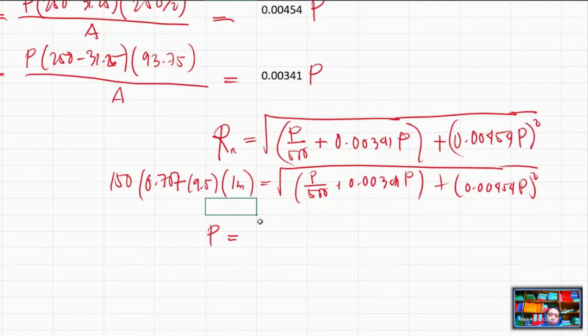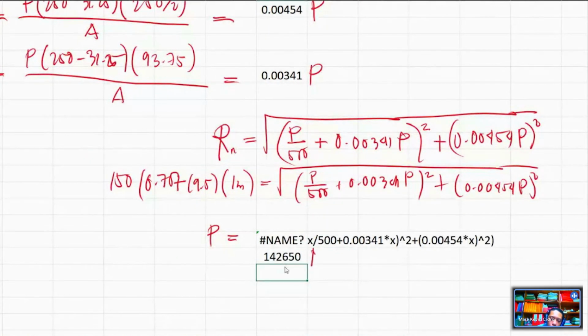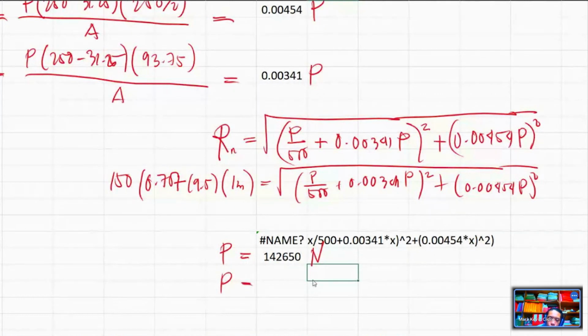You can solve for the value of your P. This is equal to 150 times 0.707. This is in Newton. Is this the answer you got also? Kita daw niyo kung pareho niyo nakuha using your calculator. Yes, sir. Okay, so this is 142.650 kilonewton